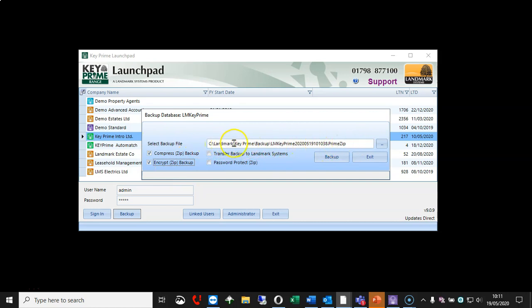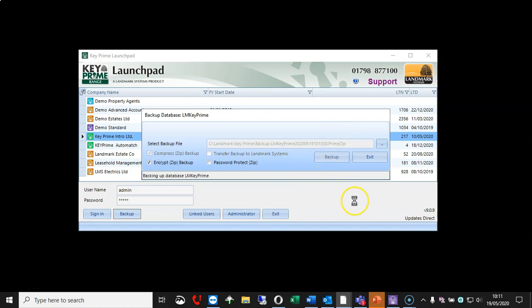Then back it up to your normal site. Mine happens to be the default, which is Landmark KEYPrime Backup, and it's date and time stamped, so we're doing it on today's date at 10:10. You can change that by clicking on the browse button and saving it to your memory stick or to your remote hard drive, whatever other form of backup you've got.